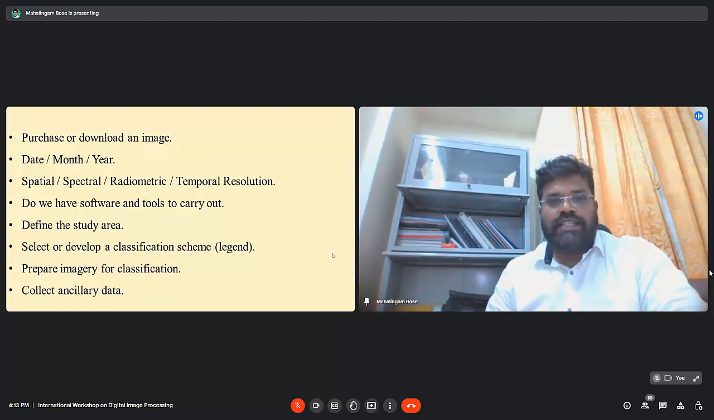Temporal resolution is very important when you deal with data of different dates or different time periods, to identify how the land use land cover or the phenomena on the land surface have changed over the time period, right? So if you are satisfied with the date, month, year of the image you want to purchase or download, with this spatial, spectral, radiometric and temporal resolution, then we have to see whether we